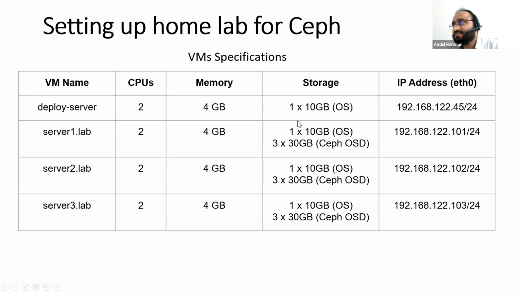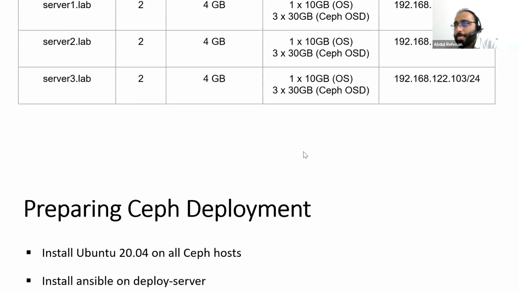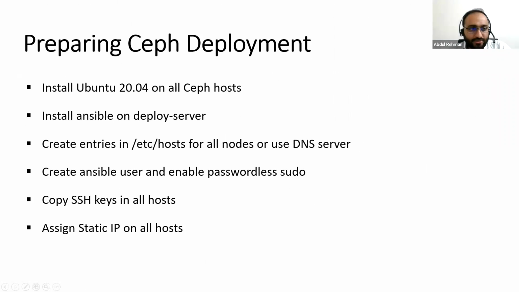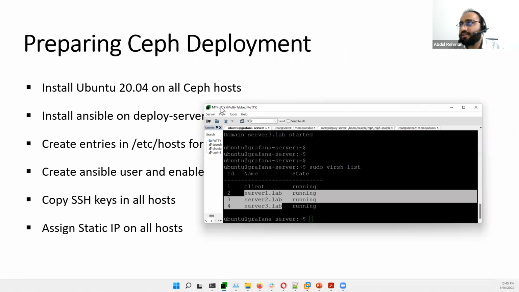And the difference in deploy and server is basically 1 into 10 GB. Actually, I think it's 20 or 30, but the remaining Ceph OSDs which we are using are for each server, they are connected to 3 into 30 GB of Ceph OSDs, and we will see that. So preparing Ceph deployment. So what I have done is basically,